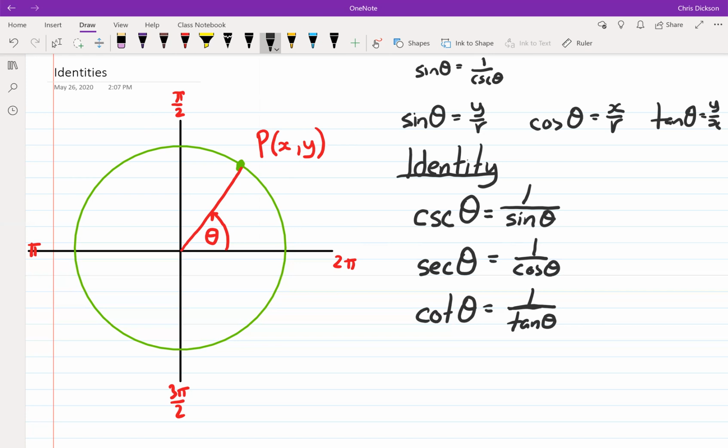Now the next thing we're going to do, and I'm going to take a little bit of time on this one. I know some of you might have done this with your other teachers in grade 11. I'm not sure how in depth they went. But if I go back to my point P on the diagram, and I draw a line going straight down to the x-axis